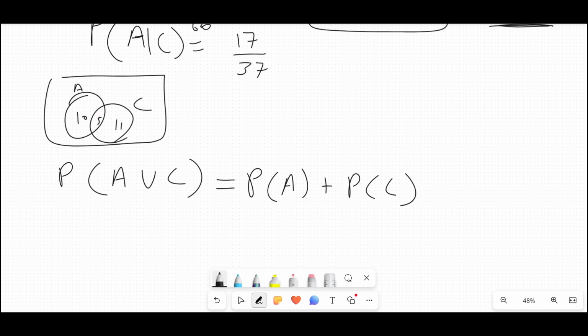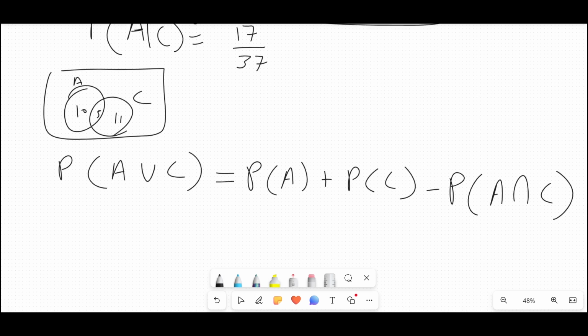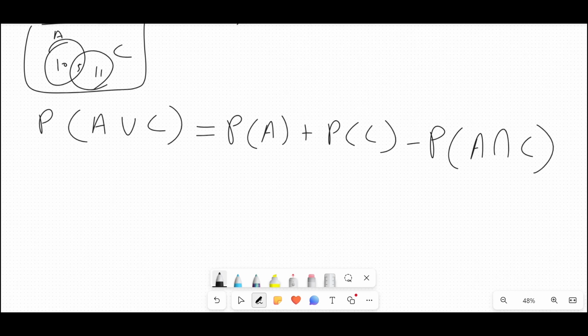So therefore we'll have to subtract the probability of A inside A but inside C once, because we need it once, right? So if I do it in the numbers form, probability of A is 10 over 26,